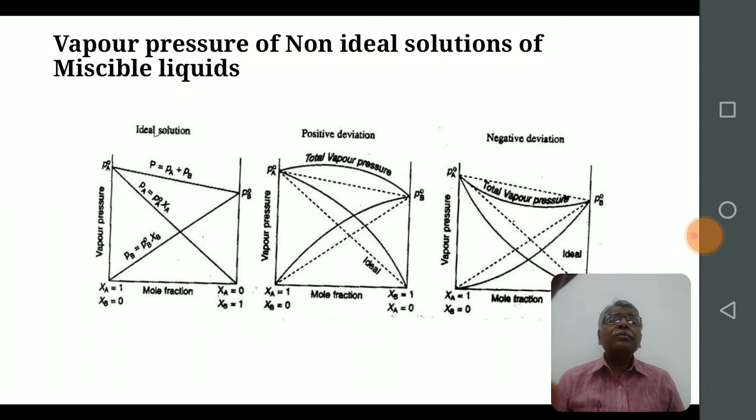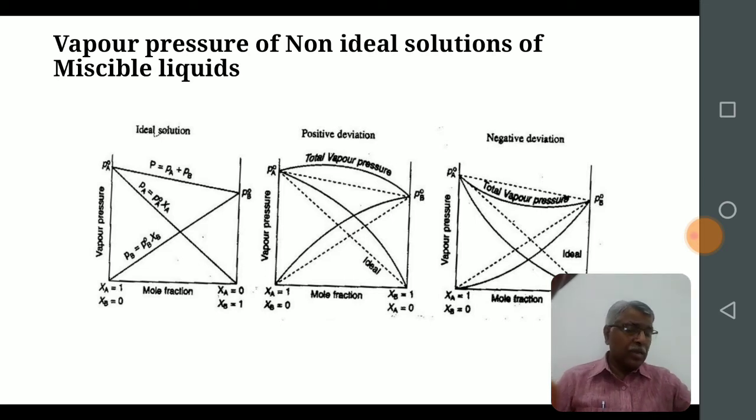Now we observe the vapor pressure of non-ideal solutions of miscible liquids. In these diagrams, the first diagram shows the ideal behavior, while the other two diagrams show positive and negative deviations. Actually, there are three types. Type first